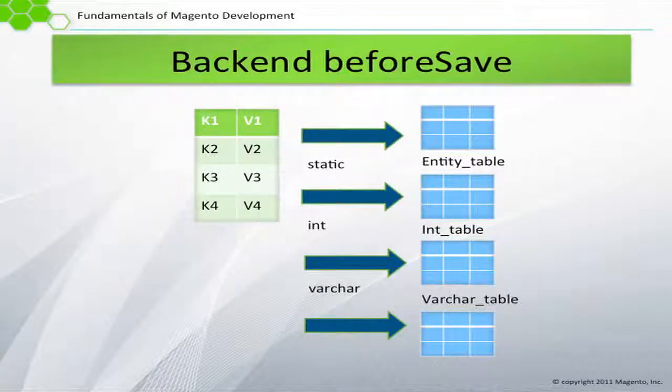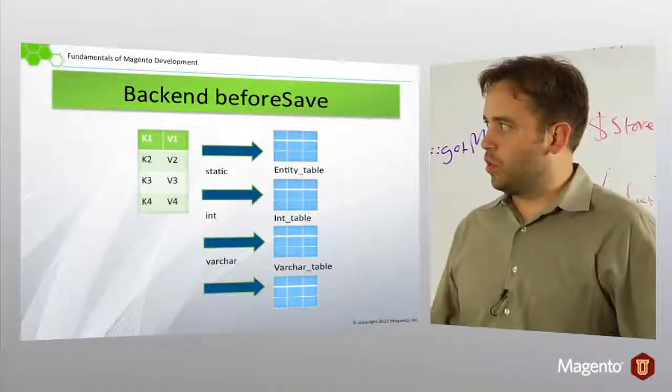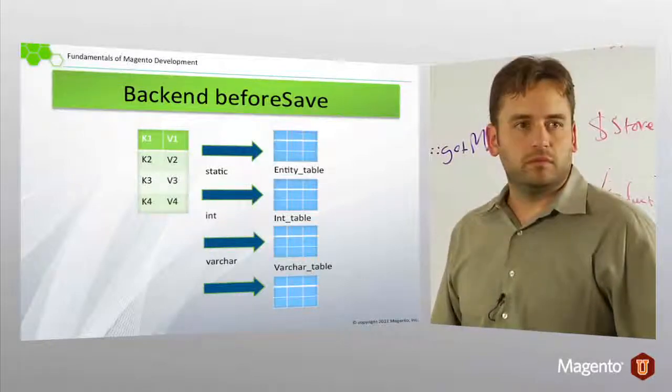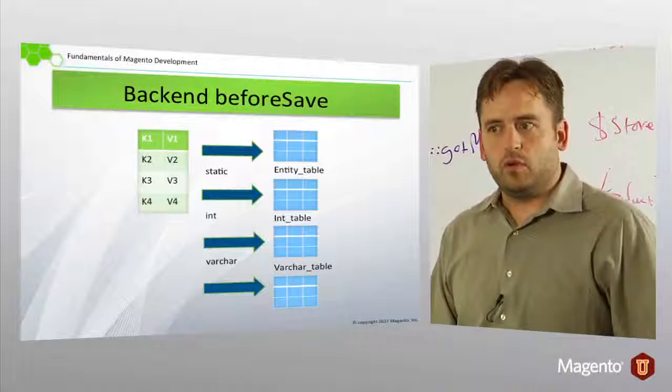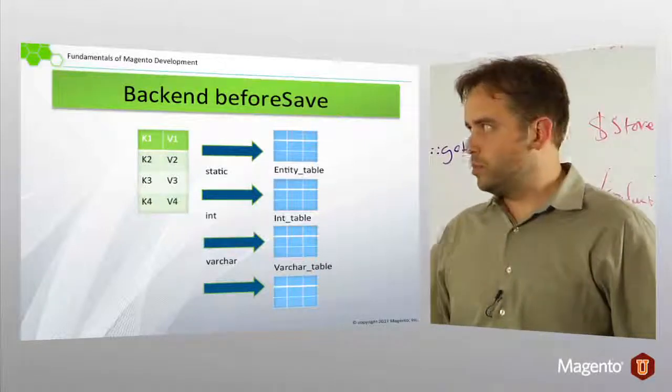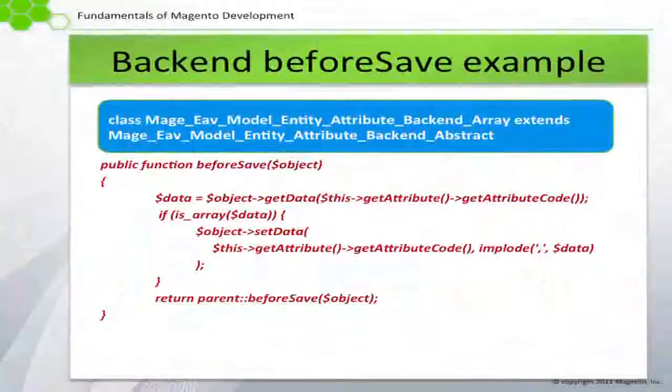So the backend type sets where we're going to store information. All right, and then there's a back-end model that knows what to test for, what to do. So here, for example, we have an implode. Oh, it looks like, guess what? It looks like maybe